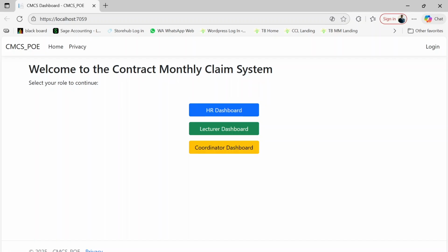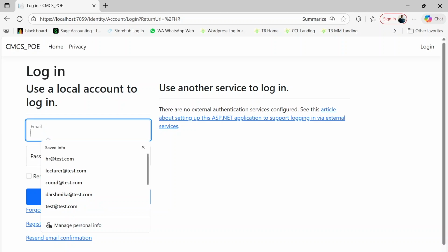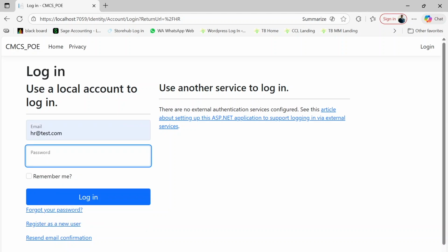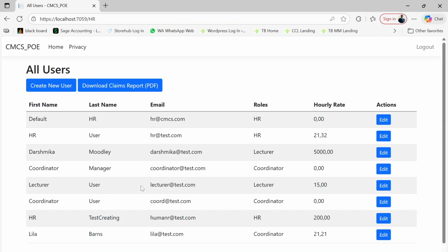So here we see that we come to the home page and then we'll start with the HR dashboard, and I have seeded in some users to log in and each of them have different roles. So I'm going to log in with my HR user. But before I do that, I'll actually show you. So this is an incorrect password, and when you put that in, you'll actually fail to log in. So that is just created for authentication, and then when you have the correct password, you will be able to